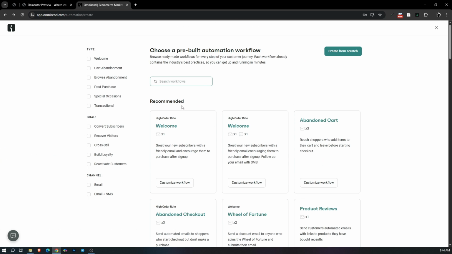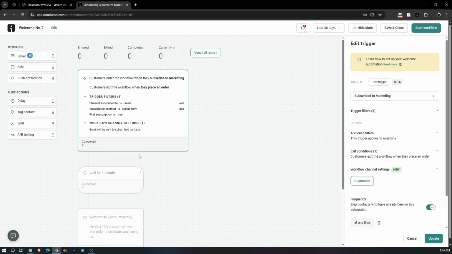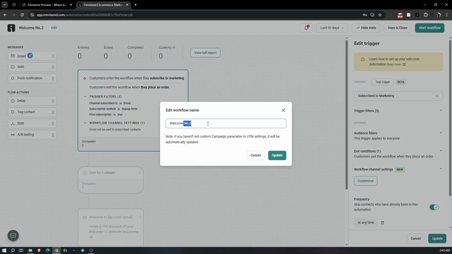For example, we want to create a welcome email. We're going to click on this welcome option. So click on customize workflow. So this is where we can set everything that has to do with the welcome email automation. So here I'm going to edit the name to welcome automation